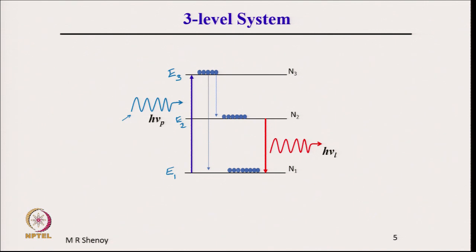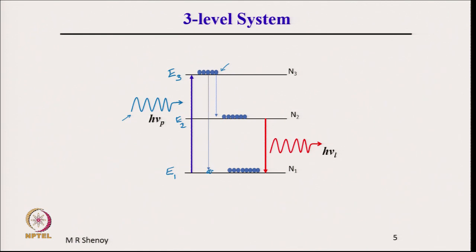They will excite atoms from the ground state to an upper state, and then from there atoms would make a downward transition to the second state in between, and from there they could make a downward transition to the ground state. The atoms in the upper state here could also make a direct transition to the ground state here. So, they could also make a direct transition here to the ground state.